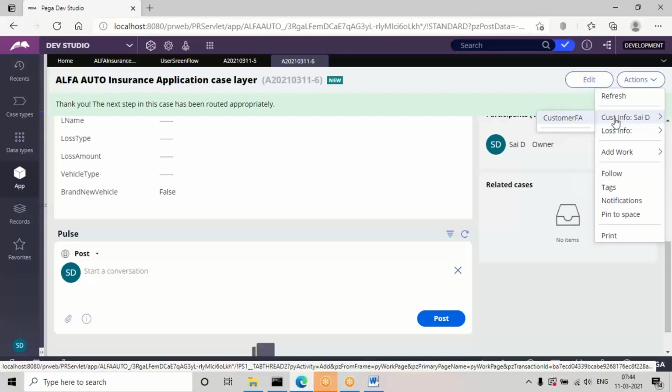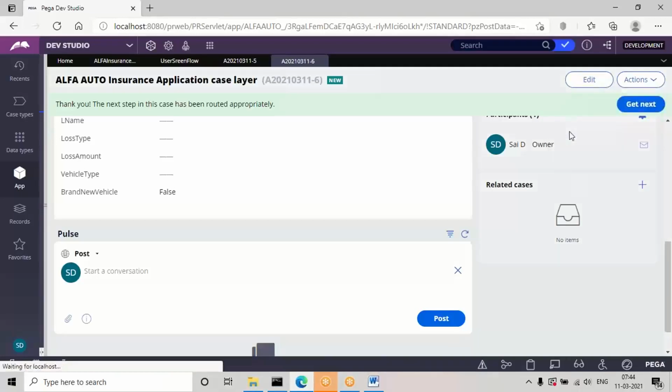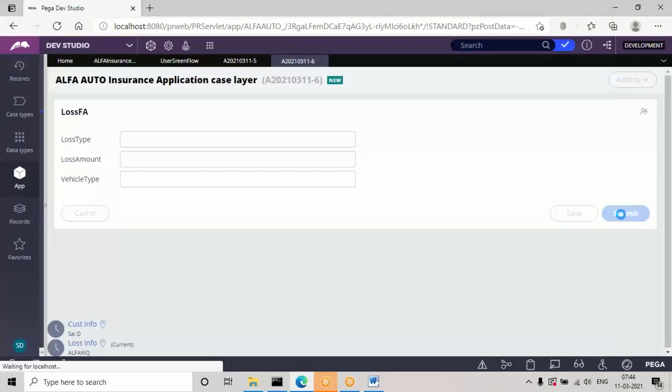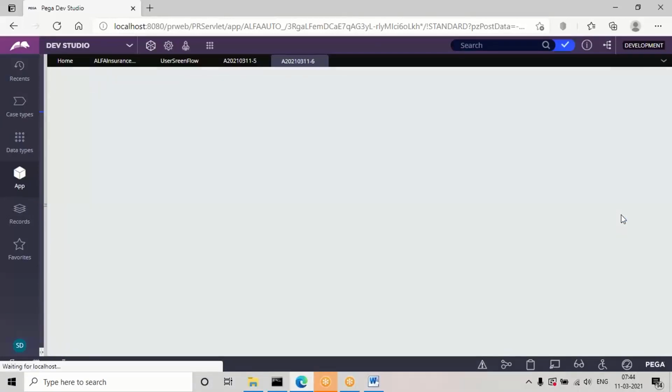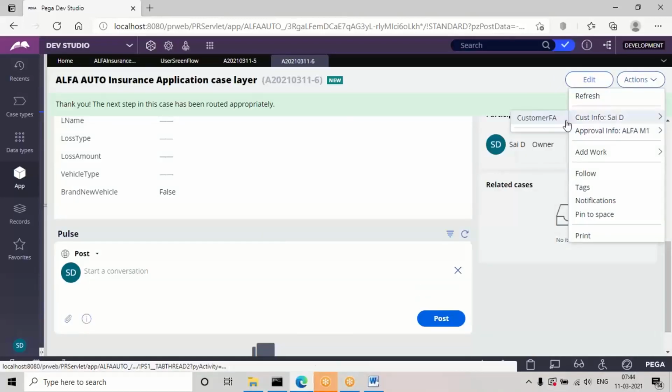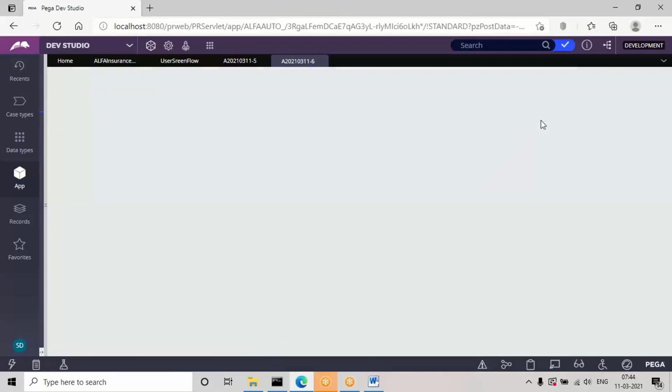Which one you want to complete first, you can choose that option. Suppose I complete the process flow steps first here. Open the last flow action, and in between, if I want to start the screen flow, I can start the screen flow also. Again in between, if I want to start the screen flow again, I can start it.